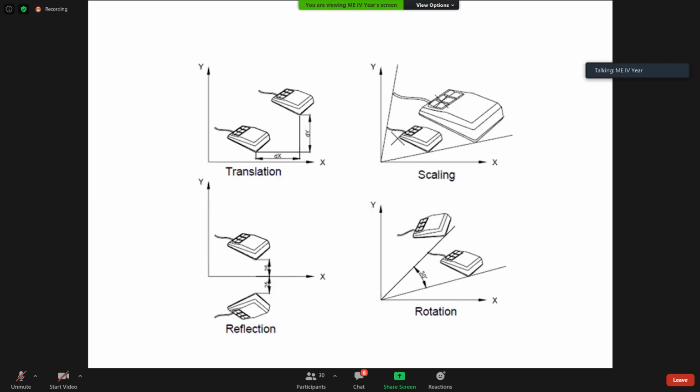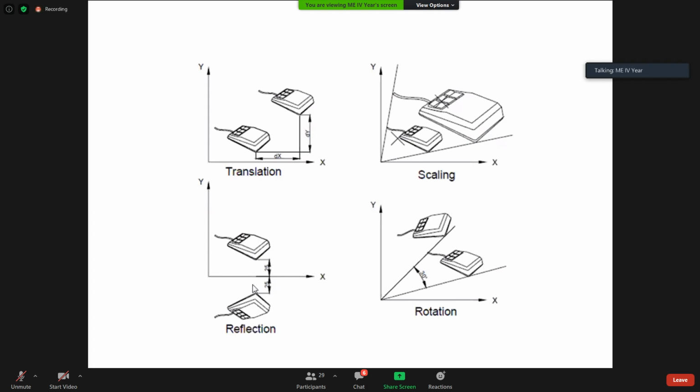Once you select the scaling option in the CAD software, it will ask you what the scaling factor is. If you enter 0.1, it will be 10 times lesser than the original one. If you enter a scaling factor of 10, the object will be 10 times greater than the original. Clear now? Please respond.